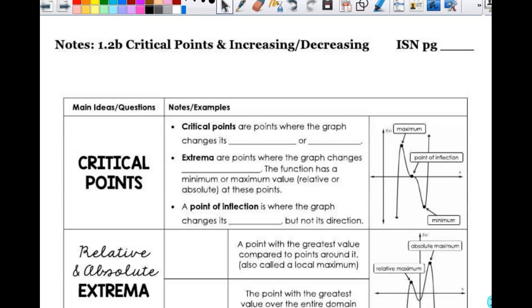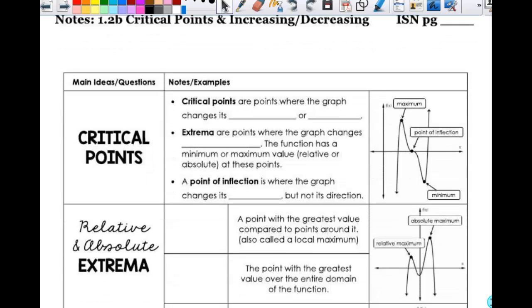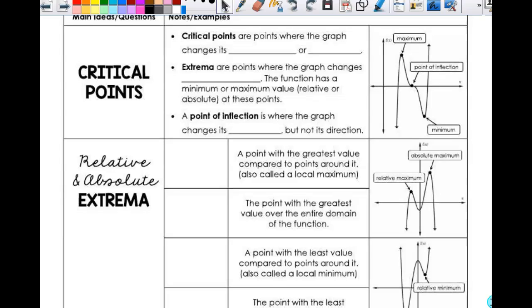We're going to look at critical points and increasing, decreasing. Okay, so we have got our critical points. Here's our definition of critical points. Critical points are points where the graph changes its direction or shape, which is kind of both. I mean, if you change your direction, I guess you're also changing the shape, but